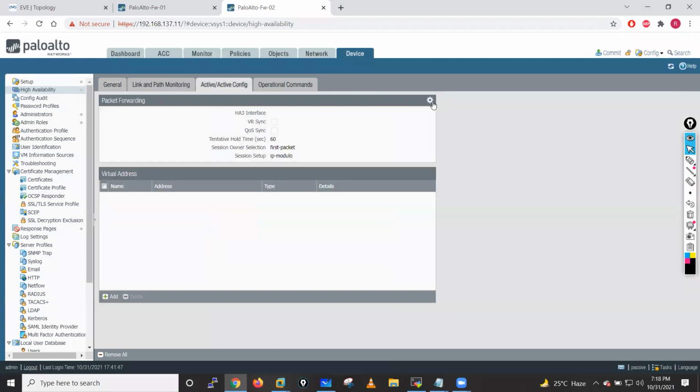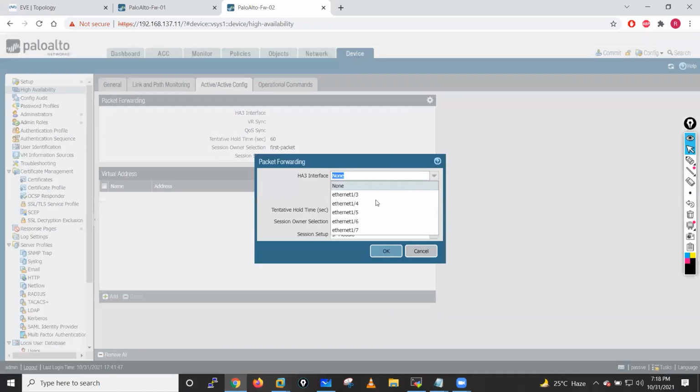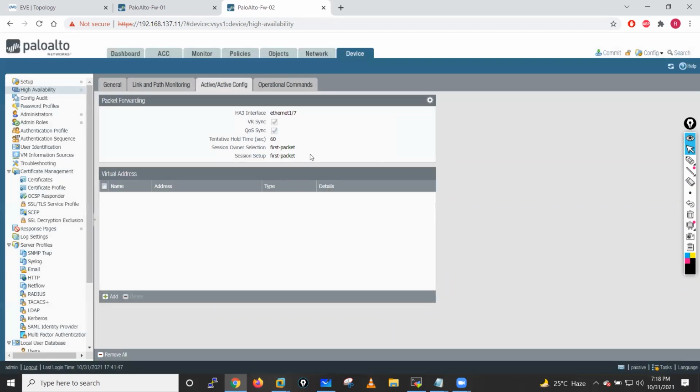Go into active passive. Ethernet 1/7, enable the virtual router sync. So they will be able to sync the virtual routers. They will sync the quality of service, and we will also configure the first packet. So these settings are the same on both the devices. Now